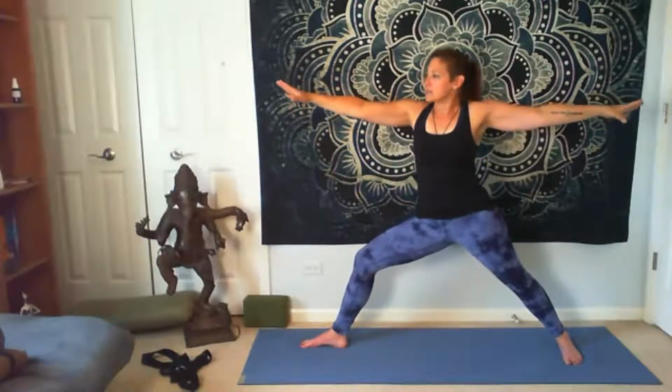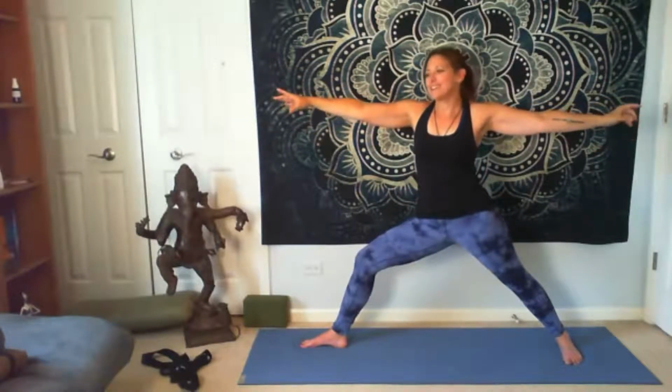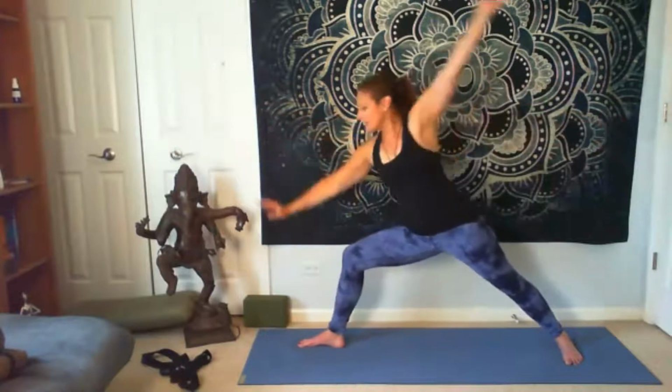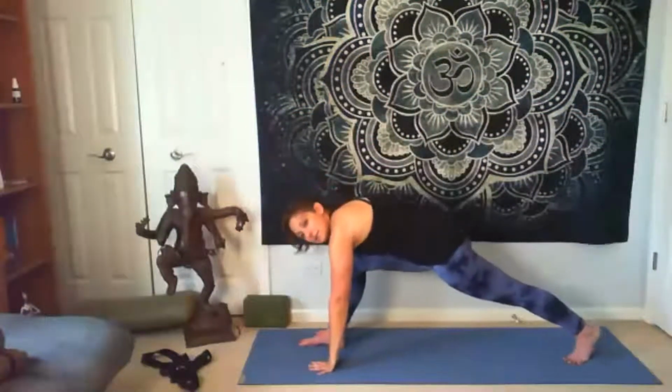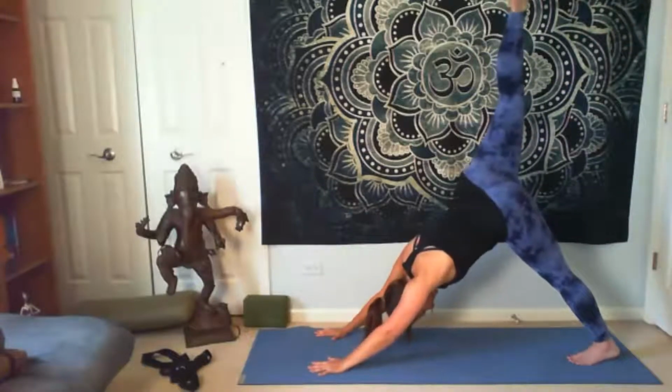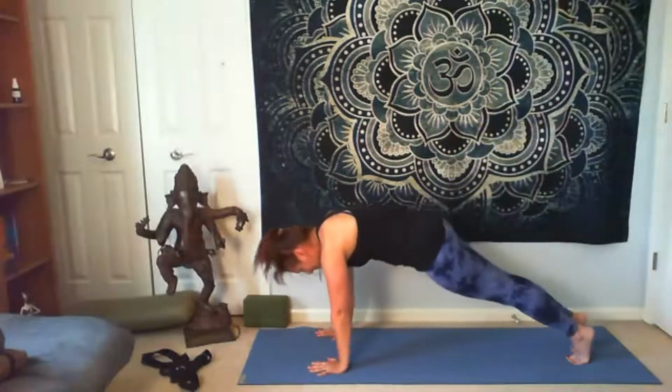Breathe. You can see in this pose too, the longer we hold it, the more we're going to find the weaknesses in the body. So, having said that, I'm going to tell you right now to deepen this a little, sink lower, but if you need to maintain some energy, you're too tired, the front thigh was already not pleased about holding this, then don't do it. It's all up to you. All right, cartwheel the hands down to the earth. As we step back, that right leg's going up, three-legged dog. And then bring that leg down, come forward into plank, chaturanga,